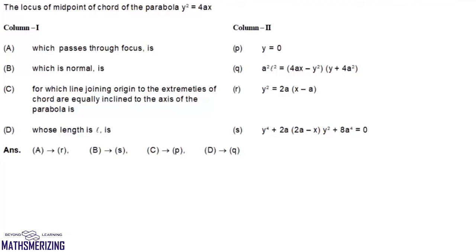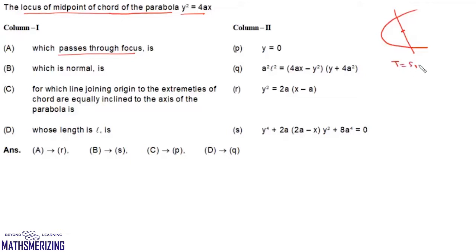Now here the question is, we need to find the locus of the midpoint of a chord of the parabola y square equals 4ax when it passes through the focus. So that means we'll need to find the midpoint of a focal chord of a parabola. We know that for any parabola, if we are given the midpoint of a chord, then the equation of the chord is given